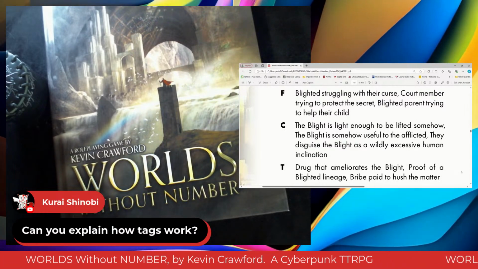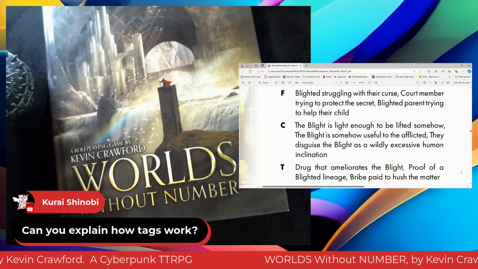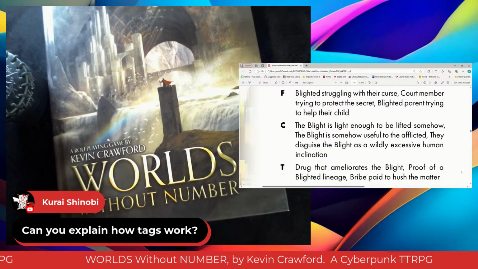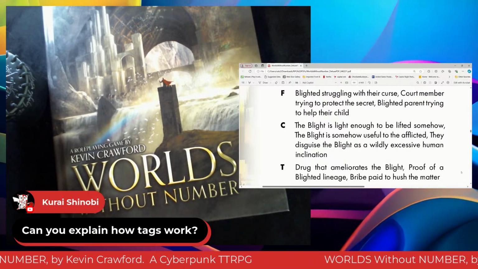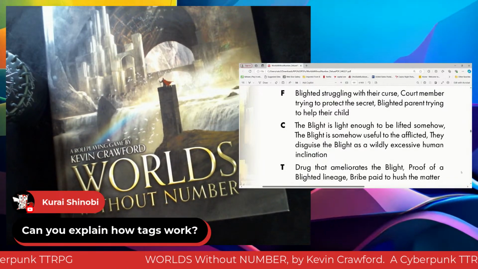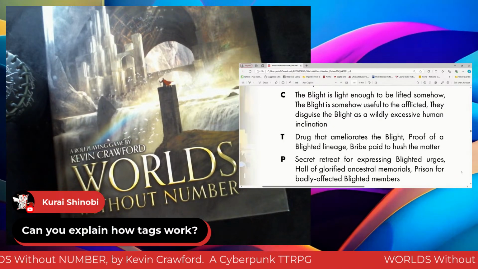Now, mind you, later on, if the players ignore the same parent trying to help their child, that child might mutate later on and be a great beast that the players have to stop, and then realize, oh, this flashes back to that moment with that piece of story element you threw in there. So yeah.